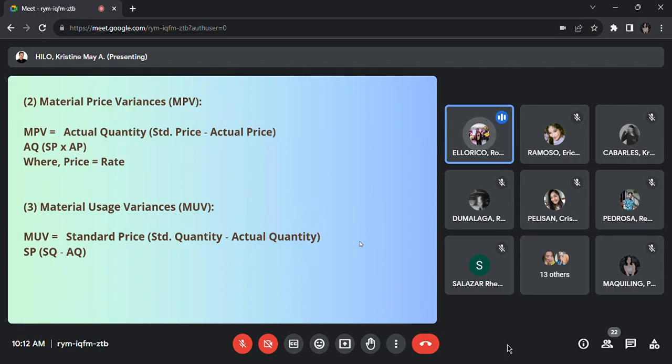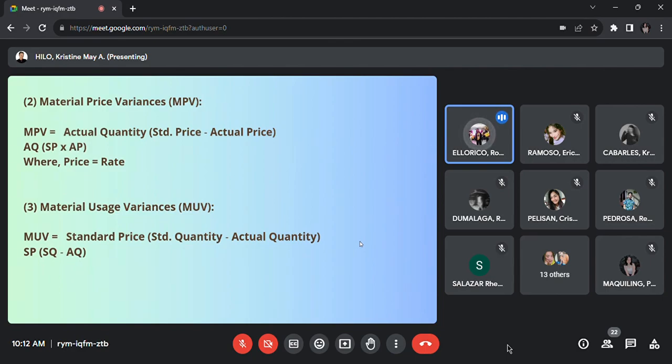Second is the material price variances. It is that portion of the material cost variance which is due to the difference between the standard price specified and the actual price paid. The formula is the actual quantity times the result of standard price minus actual price. Then